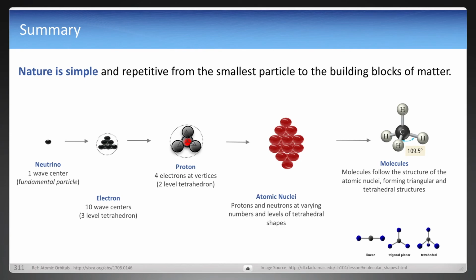So we can see, if we believe that nature is building upon itself using the same rule, which is to minimize wave amplitude. And that's the core, the simplicity, and the rules for energy wave theory, and I hope you